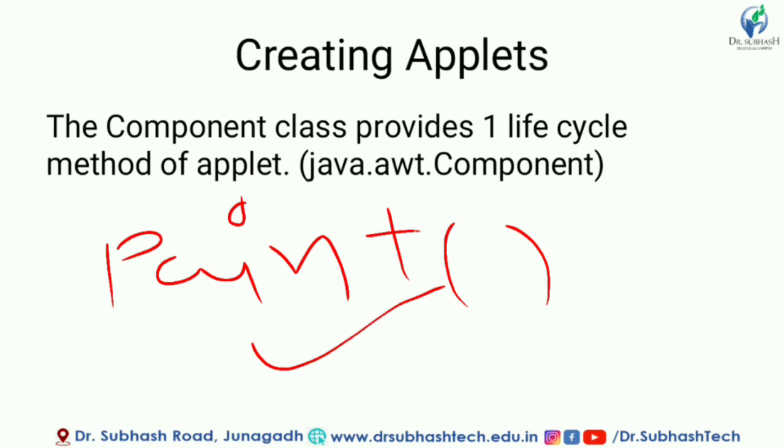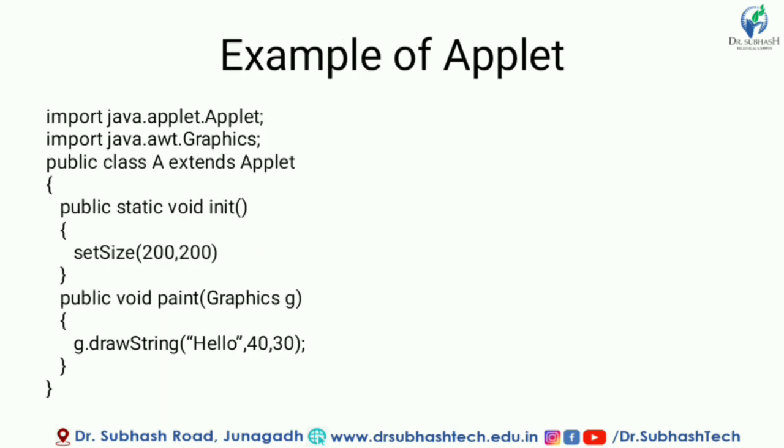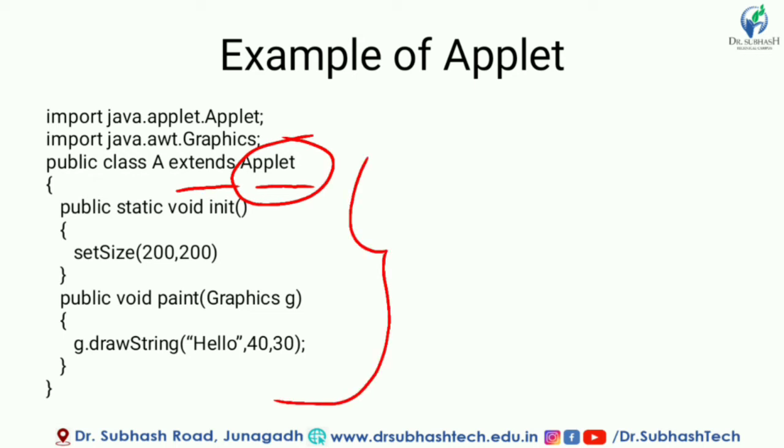Now we will see how to create an applet. For creating an applet, here you can see the sample code. I have created one applet, and inside that first we have to create a class, public class A. Whatever name you can give, here I have given the simple name A, right? Public class A extends Applet, right? This will be a subclass of the Applet class. As I have derived one class from the Applet class, this class will also be an applet, right?